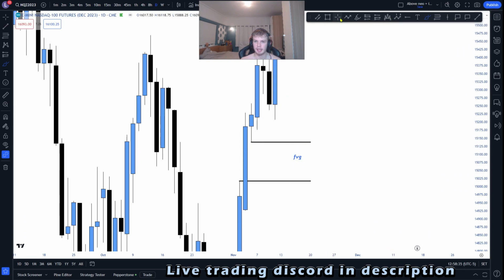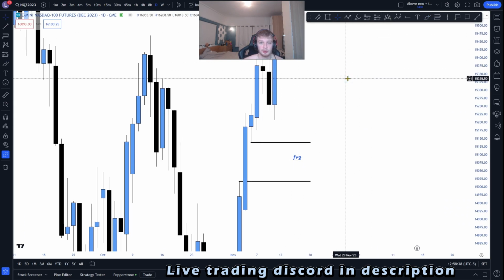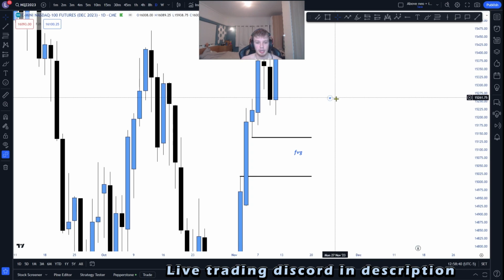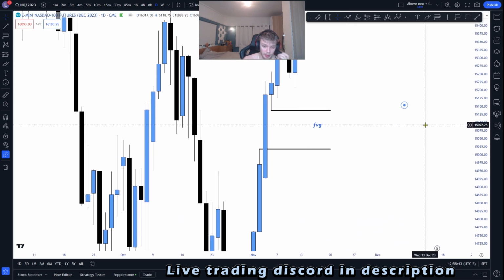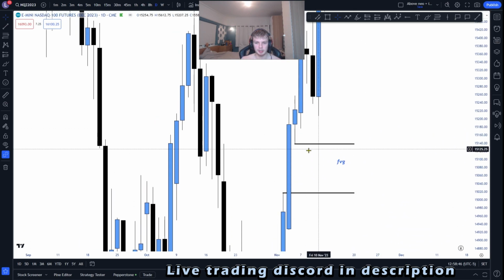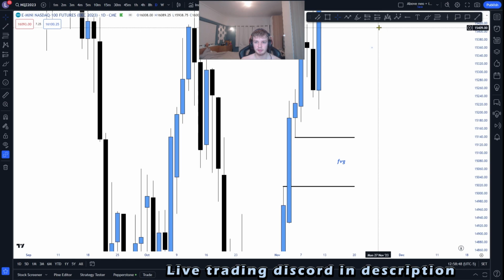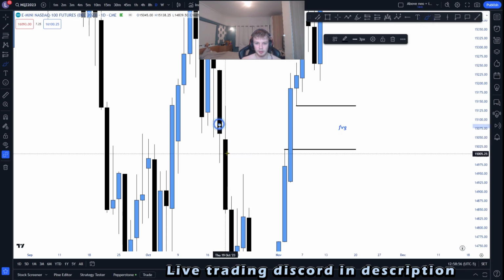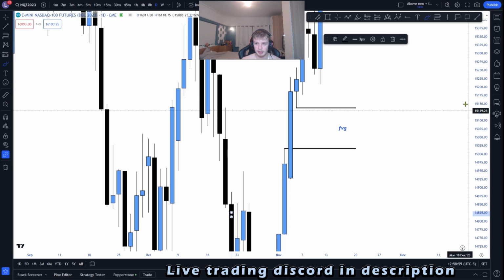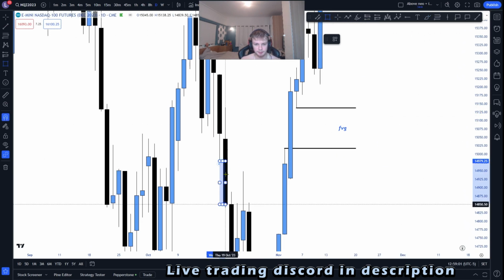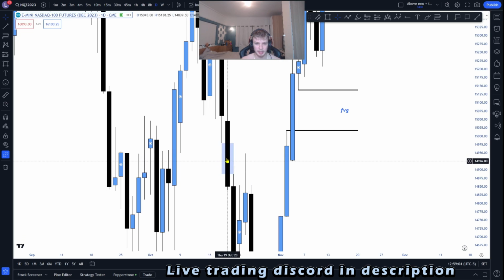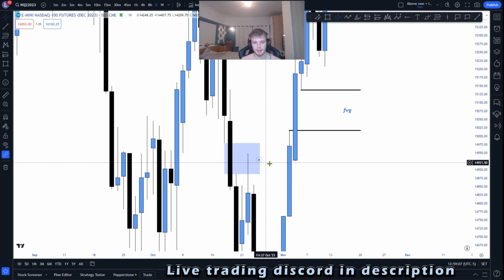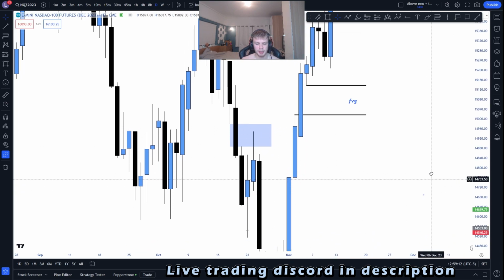So yeah. And now the way that you want to use fair value gaps, well, first of all, let me actually show you a bearish example. So these are bullish fair value gap examples. When you're looking for bearish fair value gaps, they are exactly the same. You just find 3 candles. So right here, 1, 2, 3. We have our 3 candles right there. And in the middle, as you can see, there is just a gap in the market where price has not filled. And as you can see, this next candle taps into the fair value gap